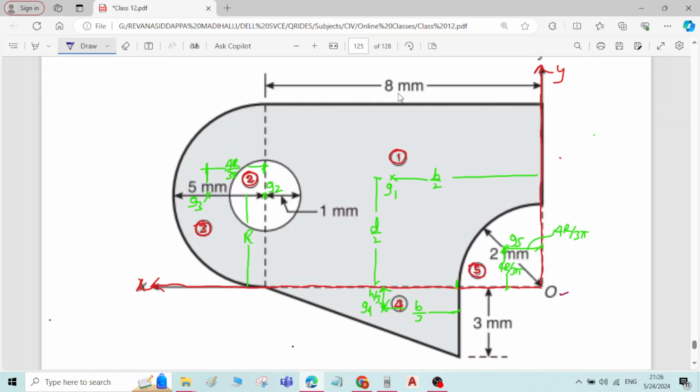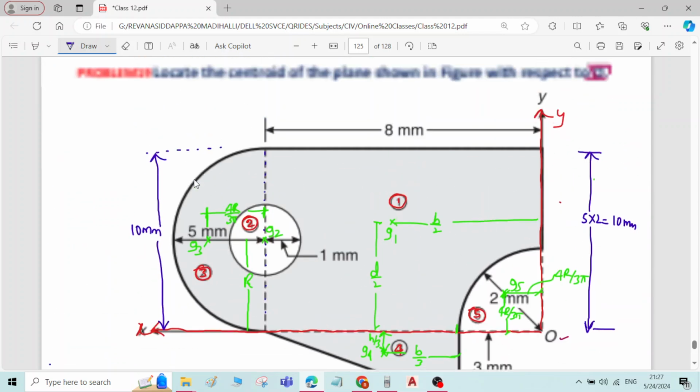The width of the rectangle is given as 8 mm. And the depth of the rectangle is equal to the diameter of the semicircle. The radius of the semicircle is given as 5 mm. Therefore, the diameter of the semicircle becomes 5 into 2, 10 mm, which is also the depth of the rectangle. So it is 8 by 10,